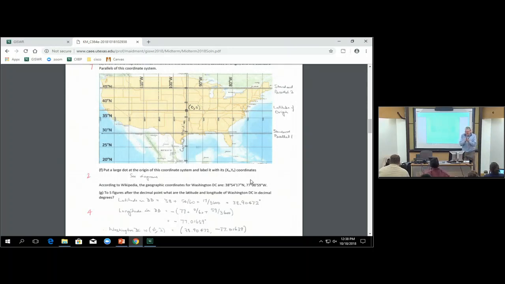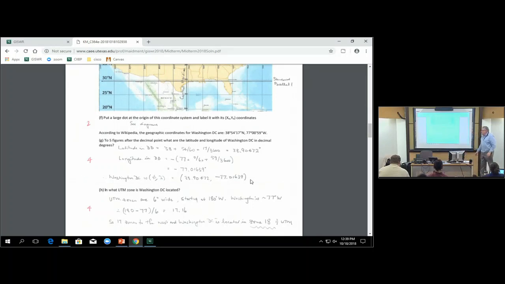Those are the phi and lambda values for the origin point on the original globe. They're not its x0, y0 coordinates. That's the false easting and false northing. For the decimal degrees,